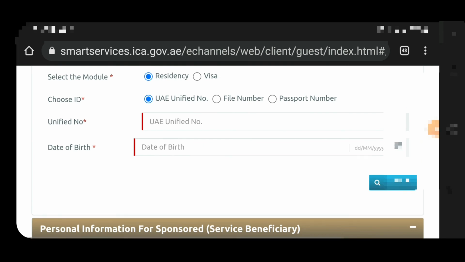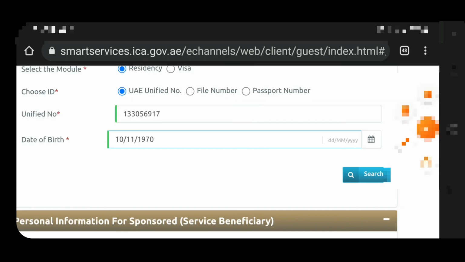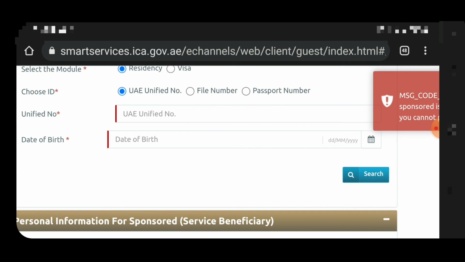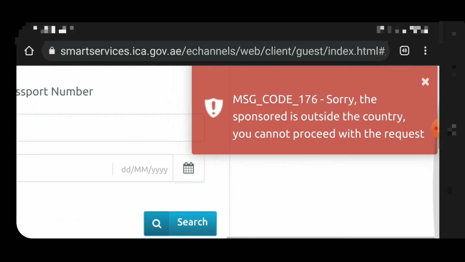So guys, similarly I have one more. Refresh the browser, enter the data correctly and search. So similarly you will receive a message code 176. Sorry, the sponsor is outside the country, you cannot proceed with the request.